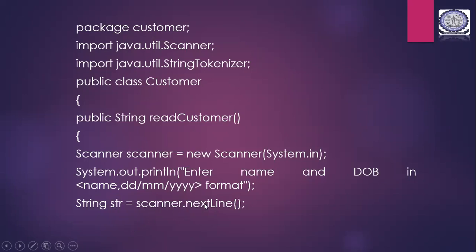I think I told about this in your two-way program. So this is of the data type string. Since he has to enter the name, date, month, and year, even the delimiter here is considered to be a character only. This is not a delimiter here. So we say that after the name, give a comma, then give date, then give this delimiter, then give month, then give this delimiter. But when you enter the data, none of this is considered as a delimiter. The entire input, including these two characters, is considered to be a string, and hence this string value is initialized to str. Hence next line is used here. So the input from the user is stored in the str variable, which is of the type string.